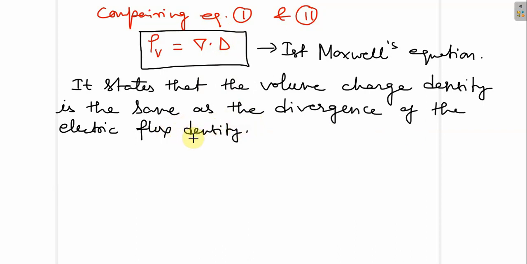Now there are various applications of this Gauss law. Through Gauss law, it is easier to find the electric flux density or electric field intensity due to all the charge orientations, that is point charge, line charge, surface charge or sheet charge, or volume charge. One by one we will see the application of this Gauss law, how it helps us find the electric flux density or electric field intensity due to the different charge distributions.